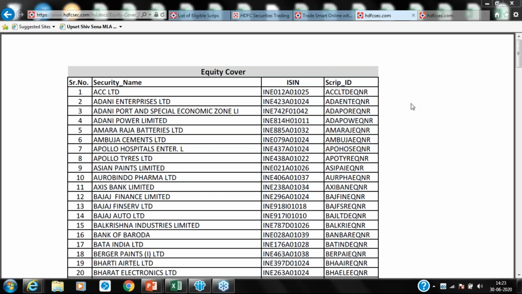Mr. Narendra has a question. What is the maximum loss in a cover order? Is it equal to the margin? Mr. Narendra, the maximum loss depends on the stop loss that you have selected. If your stop loss is around, let's say, 2 rupees and you have bought 100 quantity, that means basically 2 into 100, 200 rupees is your maximum loss.